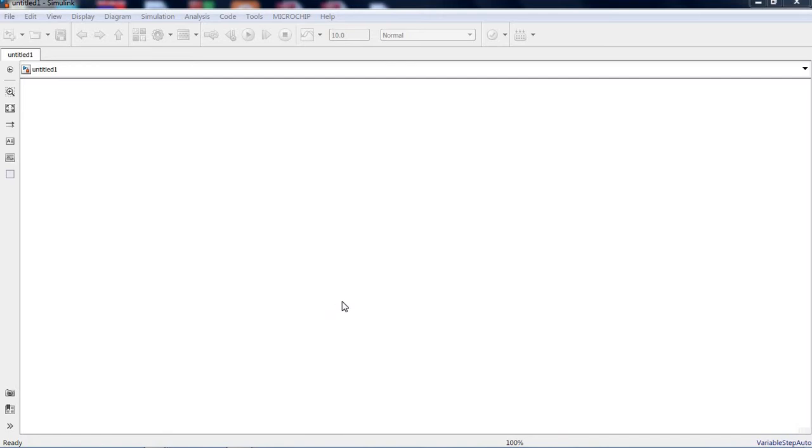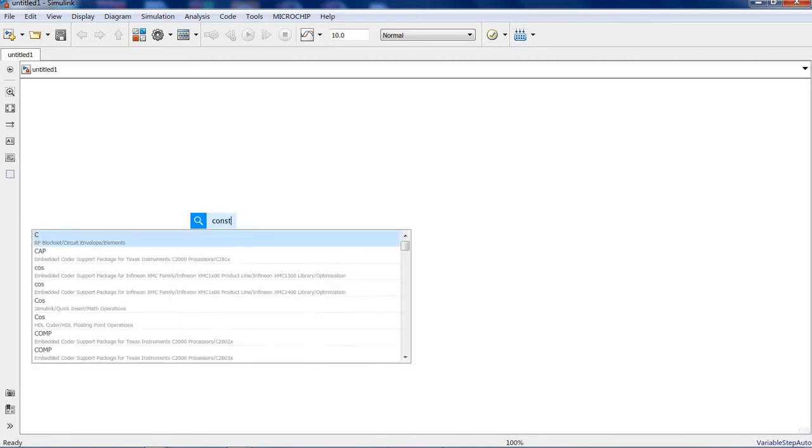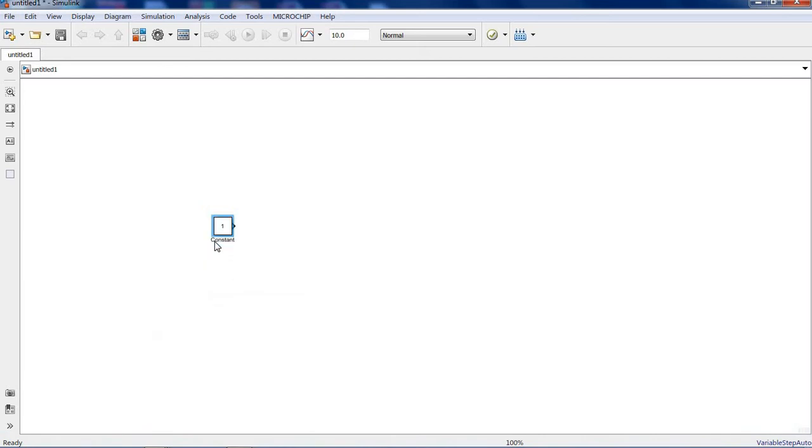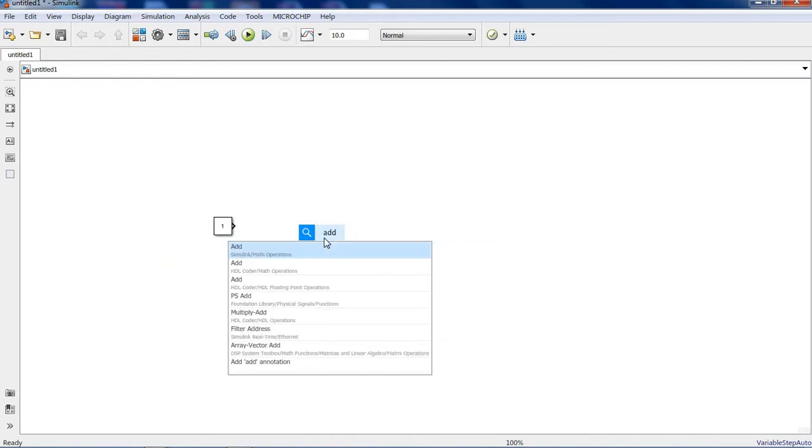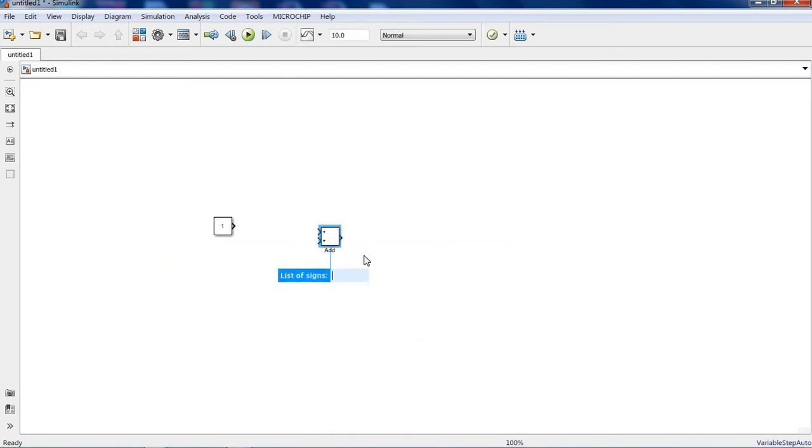To design the counter you require some blocks. The first block is one constant block, so I am adding the constant block here. Then you require one add block, the addition block.